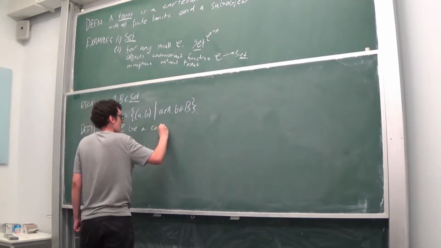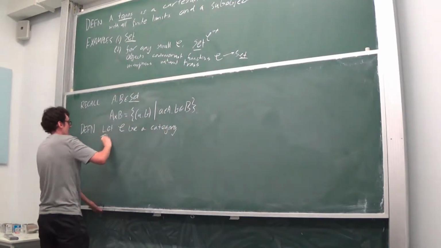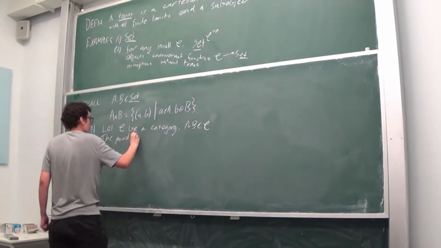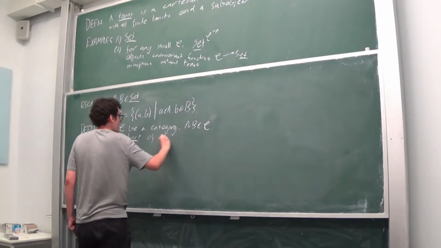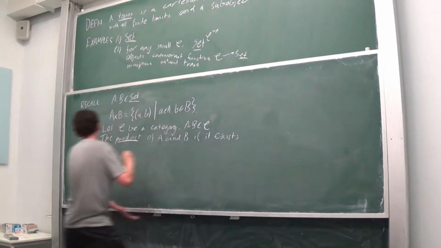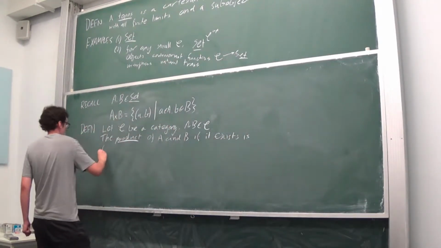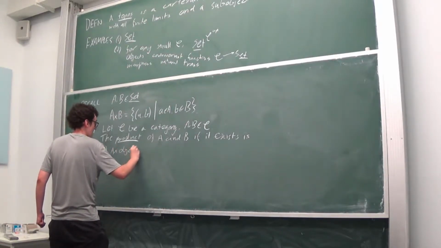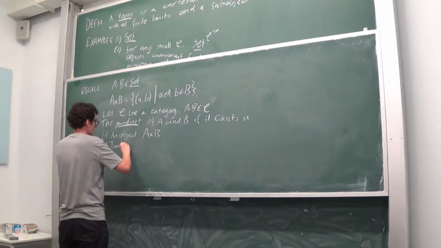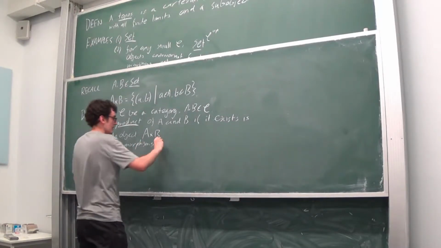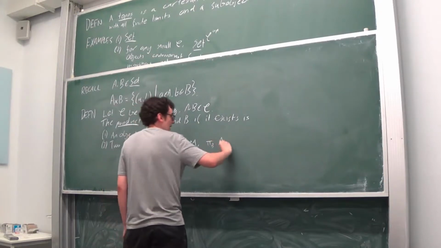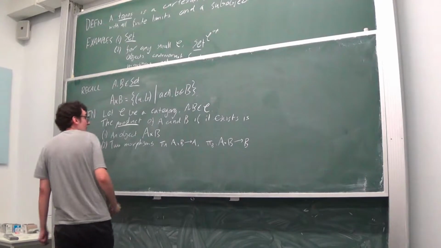Let C be a category, and A and B objects of C. The product of A and B, if it exists, is an object, which is usually denoted by A cross B, and two morphisms, pi A, which goes from A cross B to A, and pi B, which goes from A cross B to B. Of course, in sets, these are just the familiar projection maps,